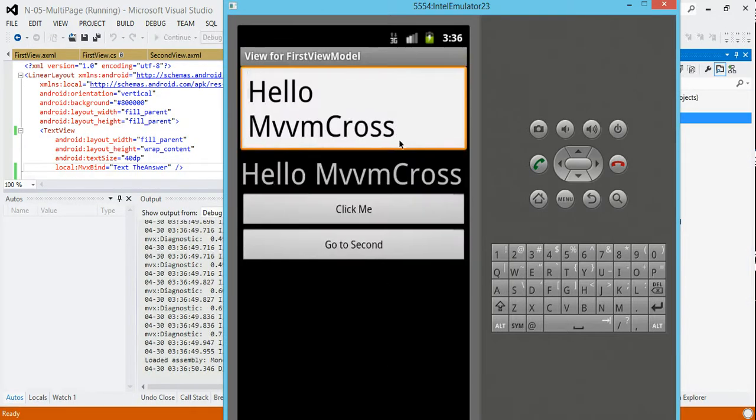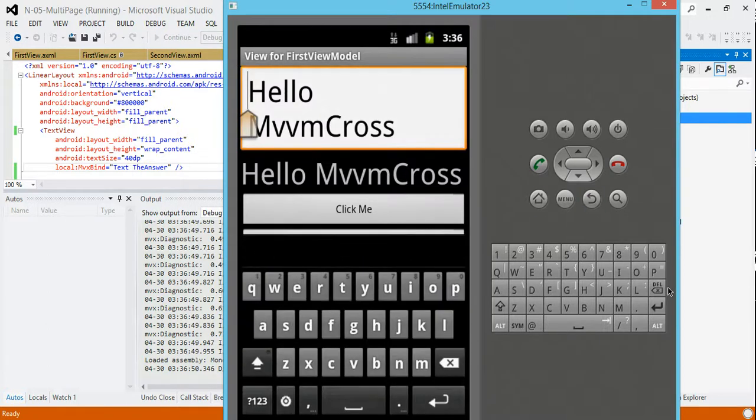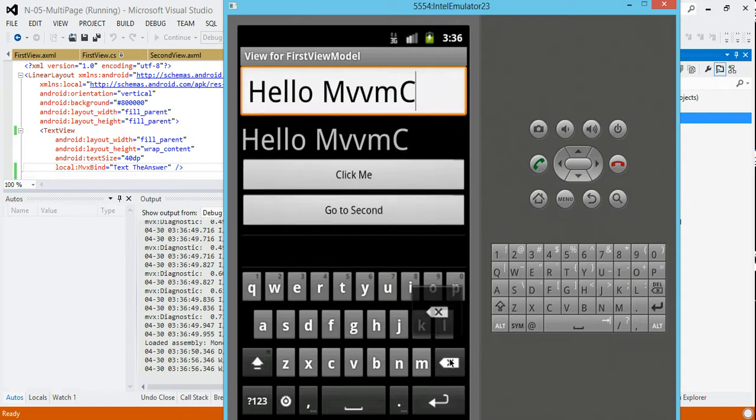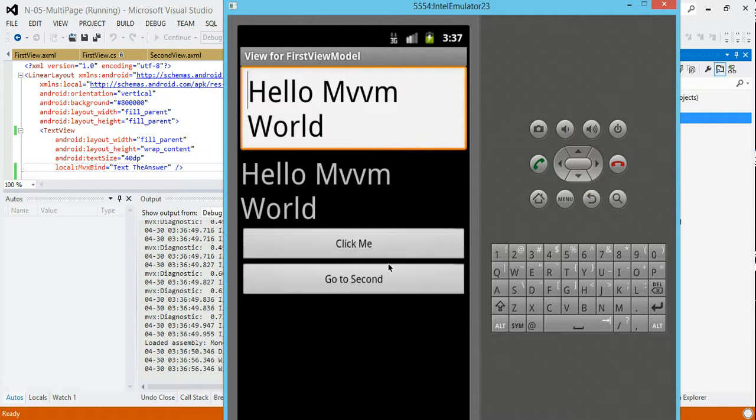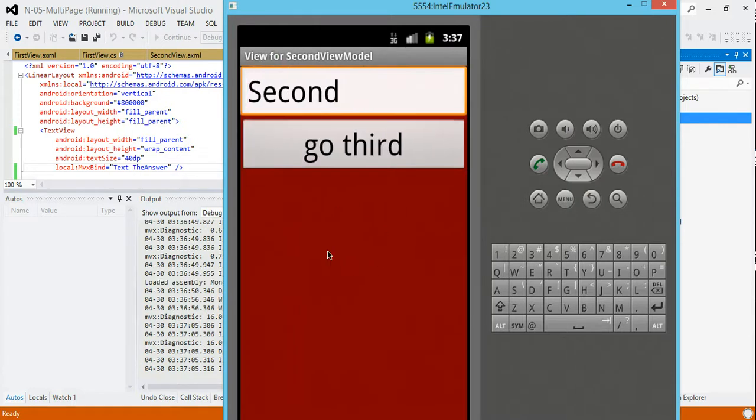So when we run up, we've got our first page as before. Yeah, and we can edit this if we want to. We can, oops, do these, click me, etc. We then have our go to second. We go to the second page